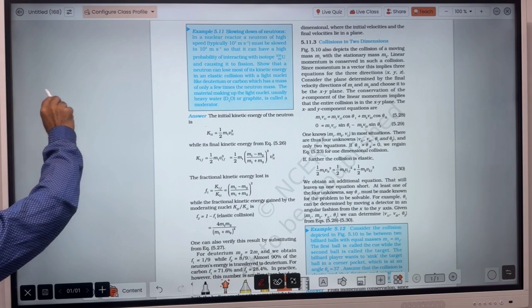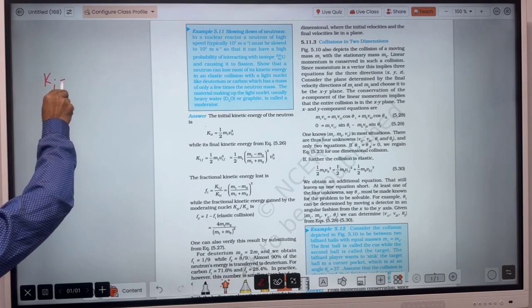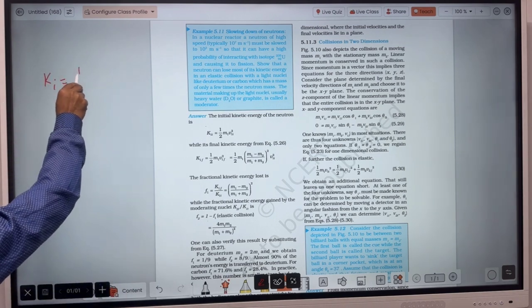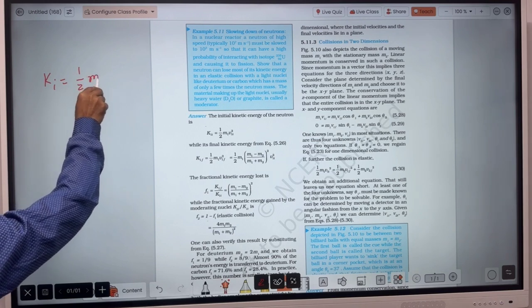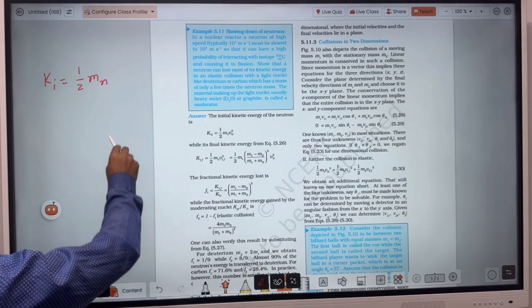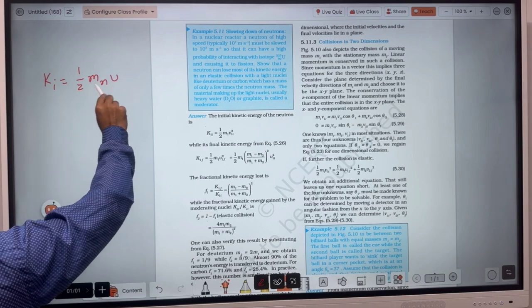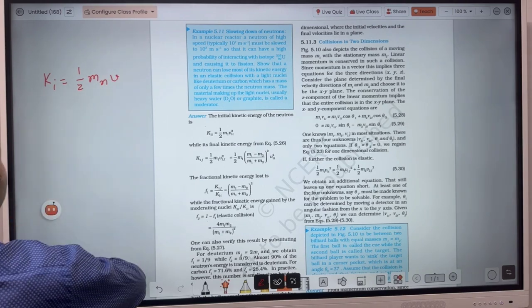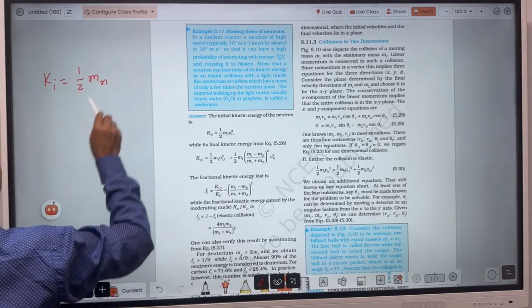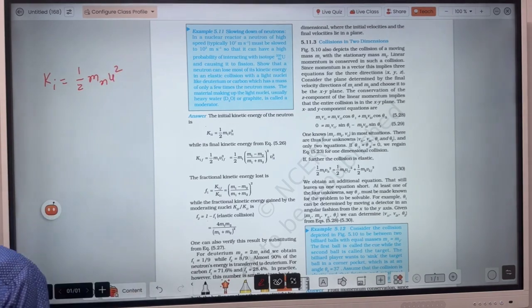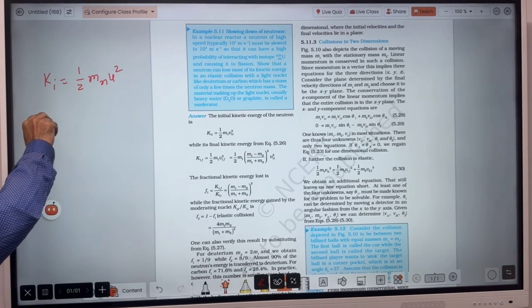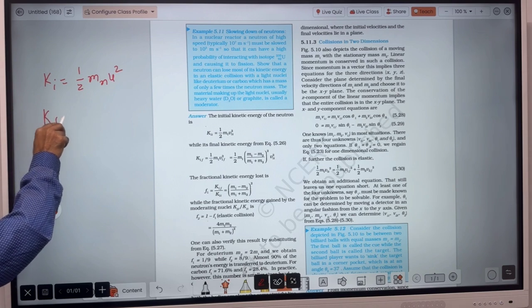So here the initial kinetic energy, K initial, will be that of the neutron. That is half, and the mass of the neutron, say we write mn, and suppose it is moving with velocity u. So this is u square. So this is the kinetic energy of the neutron. Now it collides with any particle, then its final kinetic energy, say Kf, will be equal